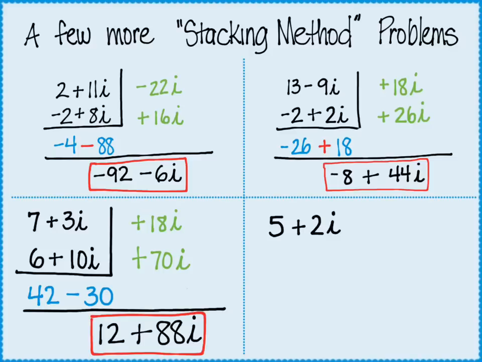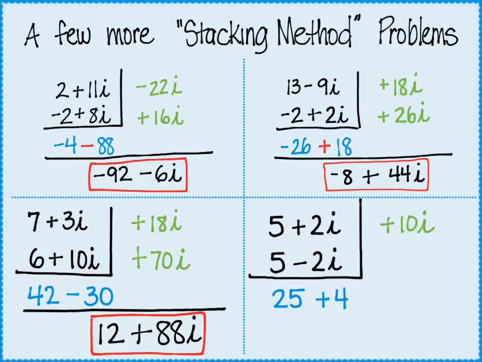And the last example, 5 plus 2i times 5 minus 2i. That's an interesting example. There's something about those numbers, and we'll talk about that in a few moments here. I'm going to multiply those. Straight down, I get 25. I would get negative 2i squared, which means I'm going to get positive 4. Diagonal going upwards, 5 times positive 2i is positive 10i. The other diagonal is negative 10i. Positive 10i, negative 10i. That's going to be 29 plus 0, which is just 29, which is my final answer,